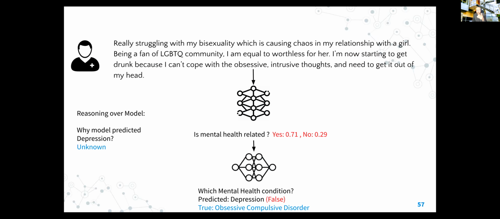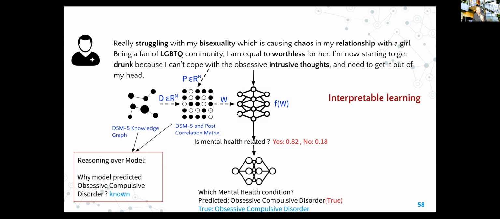And then what we did was, here you see an infusion of that correlation matrix that I showed, right? So using the DSM-5 knowledge graph and correlation matrix, we were able to enhance the learning method, and we predicted obsessive compulsive disorder, which is true.